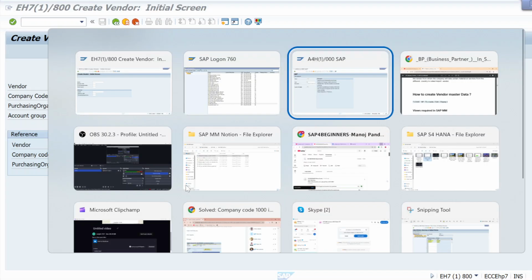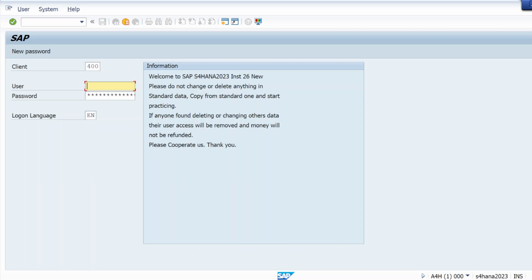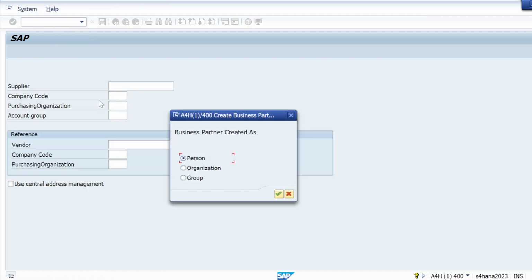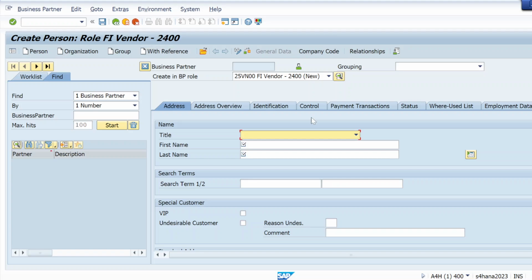But in SAP S4 HANA, this is SAP S4 HANA 2023. Let me show you here. Here we use T code BP. If I try to use XK01 also, the system will just redirect me to BP. Just see, I'm trying to use XK01, hit enter. You can see it is taking me to BP. So let me create as a person. It directly takes me to BP. So this is BP, business partner. So I will just use T code BP,